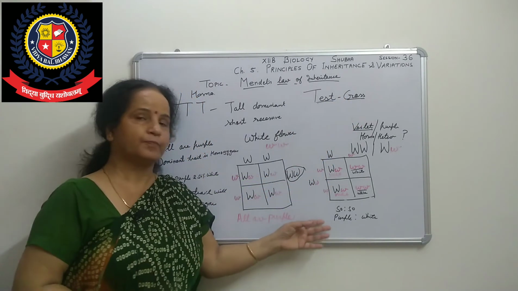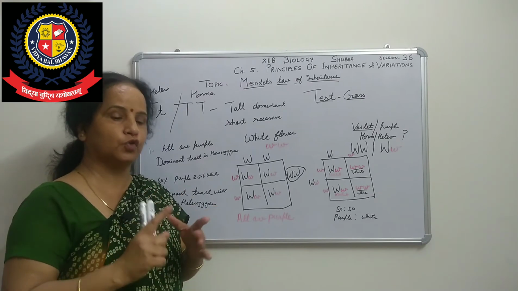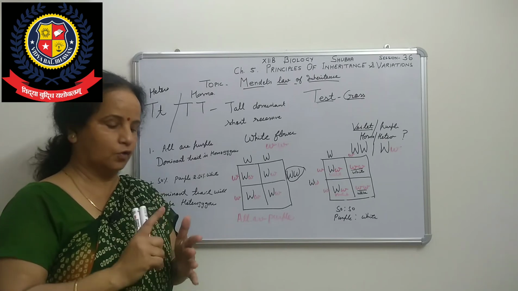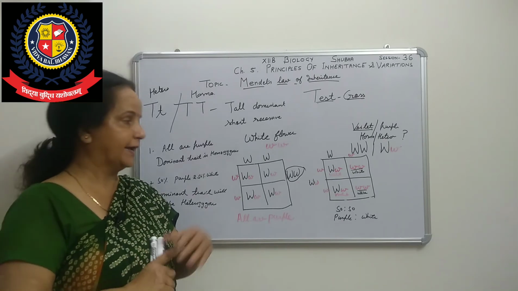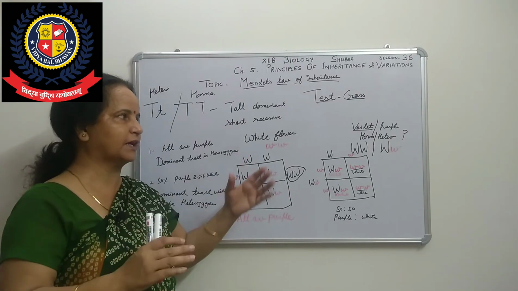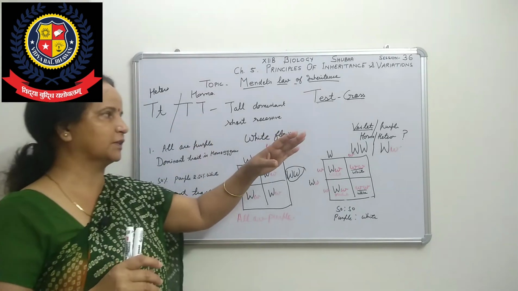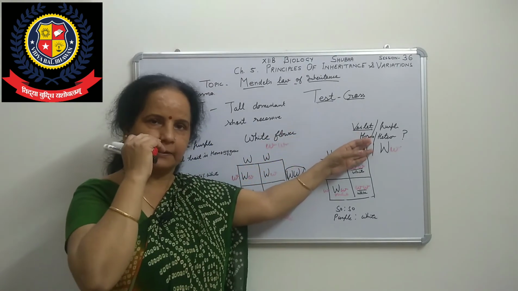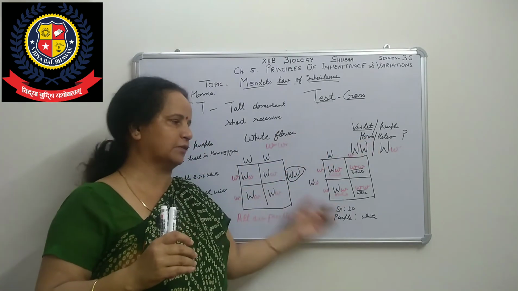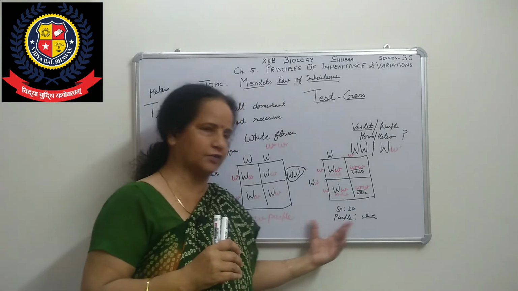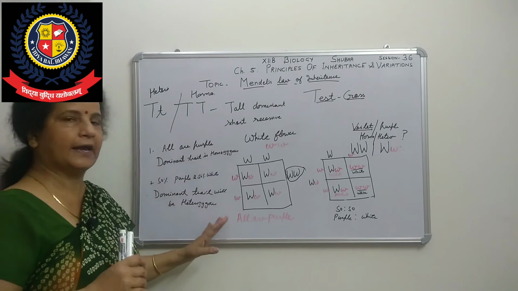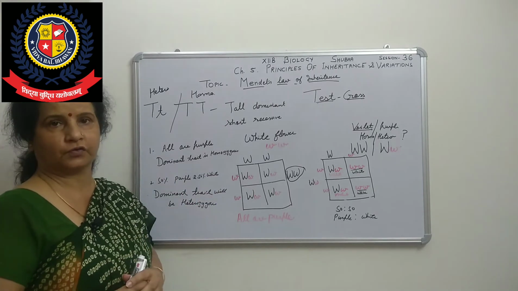In a test cross, we do it only to know the genotype of the dominant trait, whether it is homozygous or heterozygous. It depends on the result we get. In both, we assume that the purple flower is there. When we think it is homozygous, we make the cross like this. When we assume it is heterozygous, we make the cross like this. In both cases, depending on the results, we can say which one is homozygous and which is heterozygous. This is called a test cross.